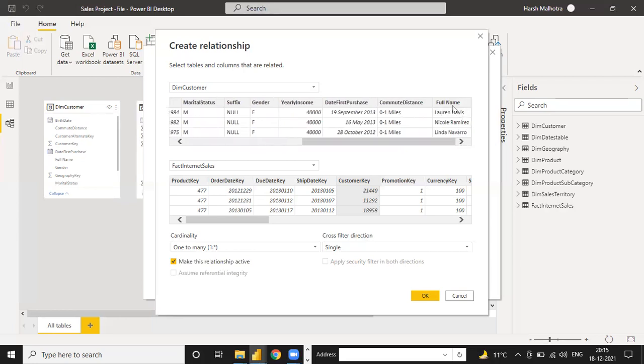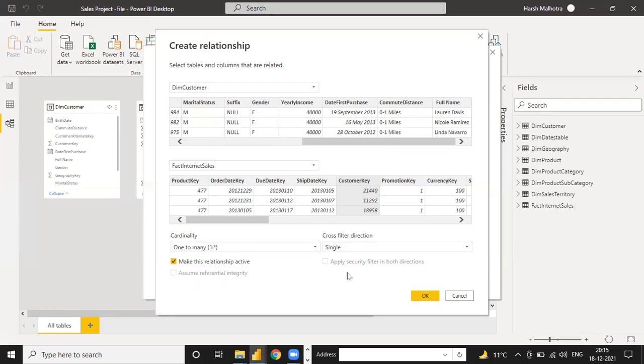Also the name value. The name is always different in the dim table. Suppose you connect a filter on the basis of name, then if you select single, it means it connects only one way. But if you select both, it automatically connects name to name. It is matching. So some names are in this table, and some names are in that table. So it is not a good way to connect. That is why we use single for every project. Like 99.9% we use single in every relationship.